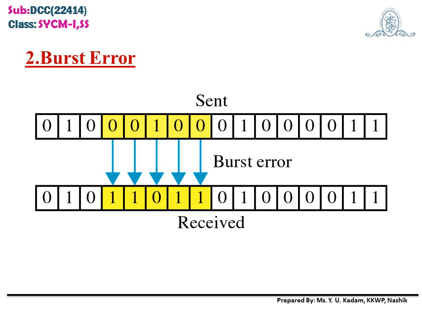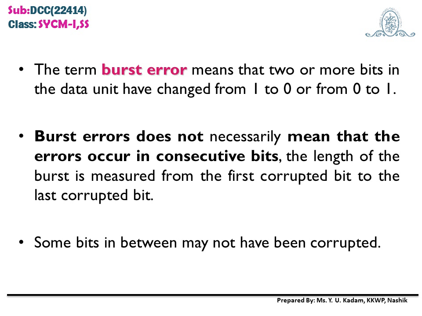The second type of error is burst error. When multiple bits are changed when the receiver receives the information, such errors are called burst errors. The multiple bits may be changed in different positions, or they can be changed in a consecutive sequence. Both types of error are called burst error.